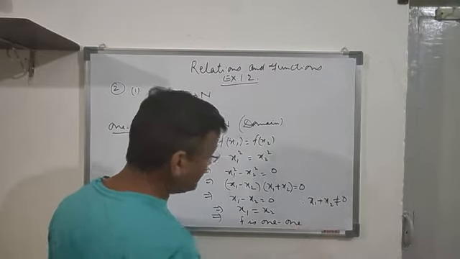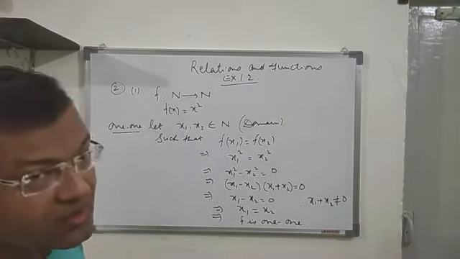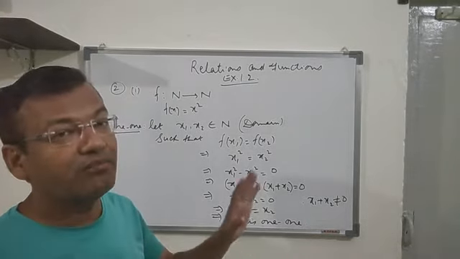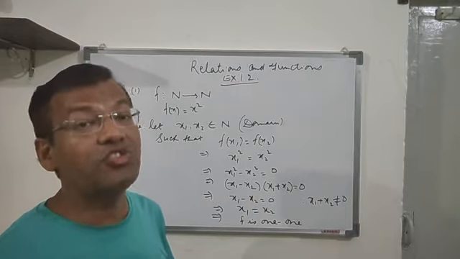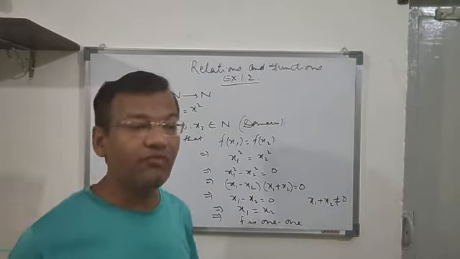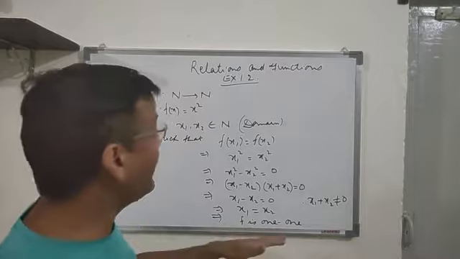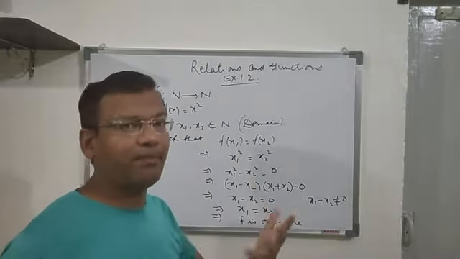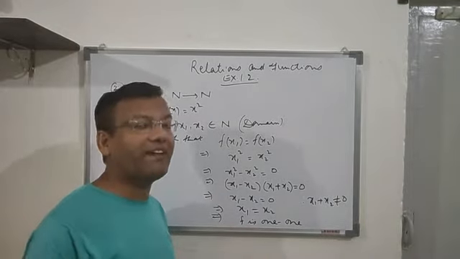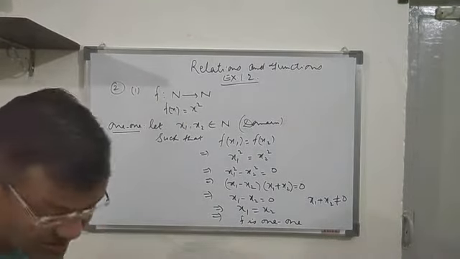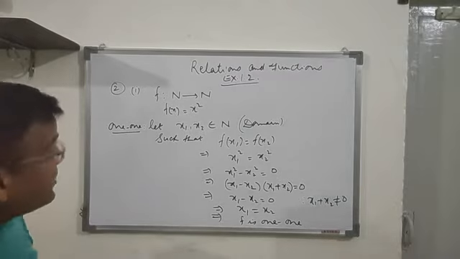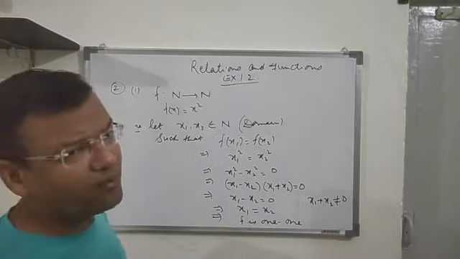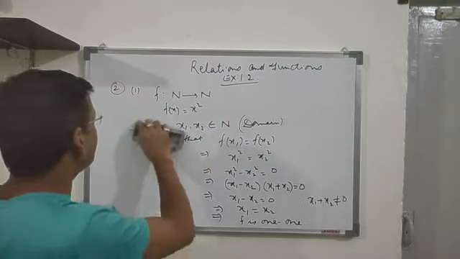So again I'm repeating the thing. If the function is 1-1, it's not sufficient to prove it by an example. You have to prove it by generalizing it. It's very important to generalize, because it has to be true for any element in the domain. We cannot take some particular elements of the domain. We have to prove it for every element. So the result is that the function is 1-1. This is the same procedure you have to apply in every question to prove that the function is 1-1.